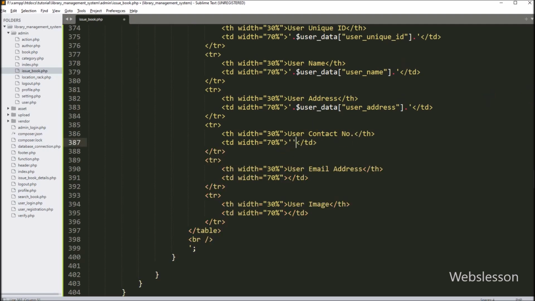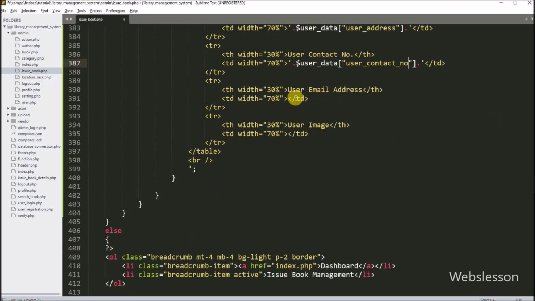Same way, we want to display user contact number data, so here we have to write $user_data with user_contact_number variable. After this, we want to display user email address details, so for this, here we have to write $user_data with user_email_address variable.